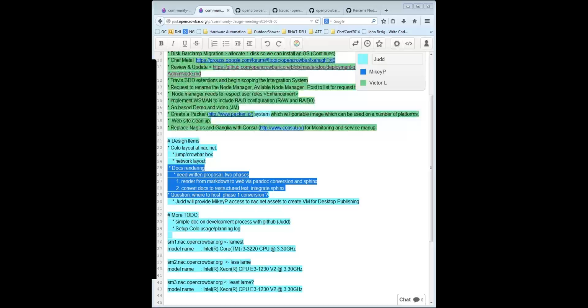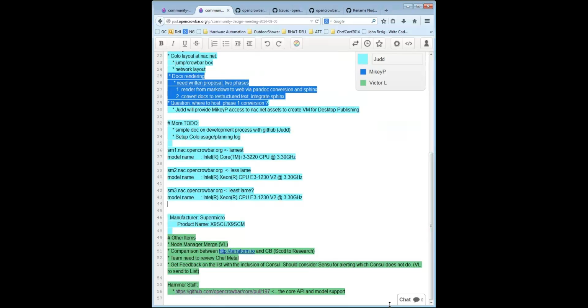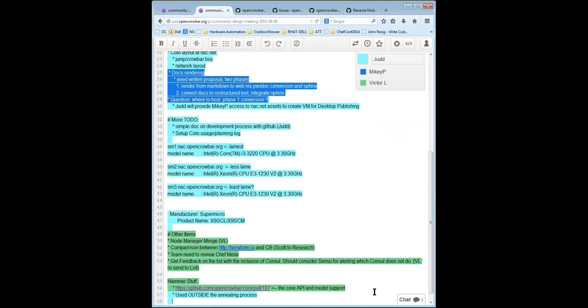And this is to make it clear and really help differentiate what is being taken care of by the annealer and what is outside the annealing process. Yes, this stuff is outside the annealing process. The annealing process may use it to implement some of the functionality, like turning off nodes when there's nothing interesting to do and then turning them back on, or like the secure shell jig exposes the basic functionality for copying files to and from nodes and issuing remote commands on them. And the annealer and the jig obviously use that, but it's intended to be more of a management API than anything else.